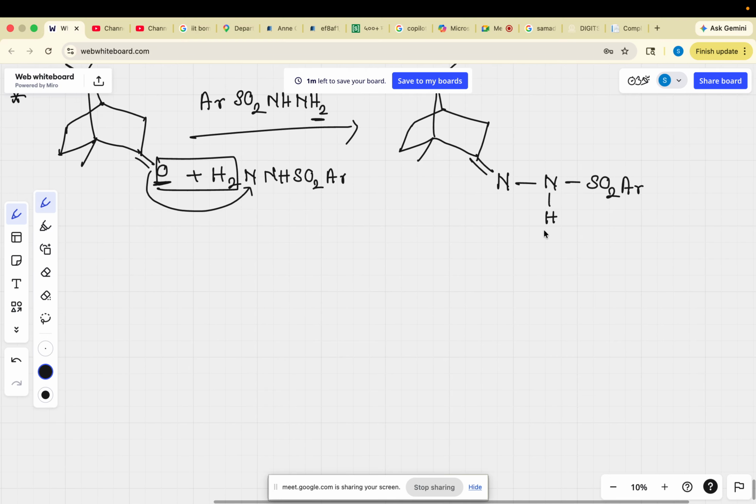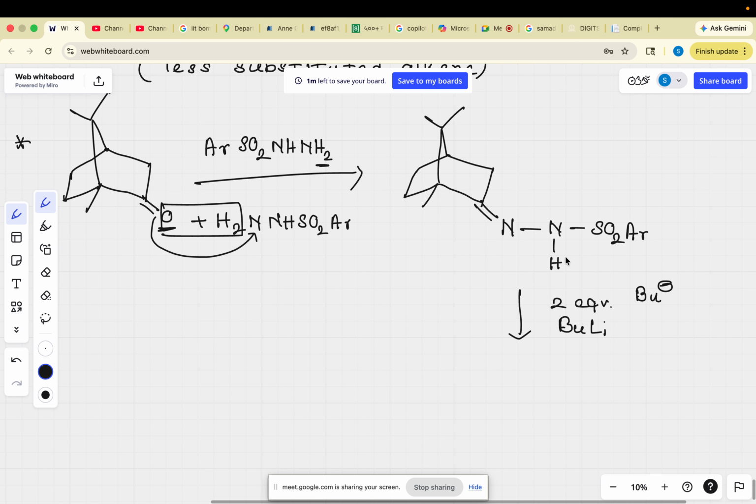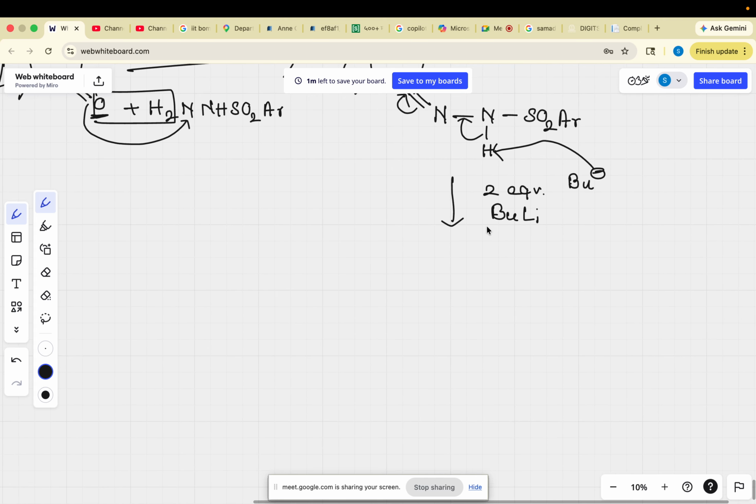This is the thing. Now if you use two equivalents of butyl lithium, what will you get? Initially one equivalent, you are using two equivalents, so one equivalent will abstract. First of all, what is the most acidic proton here? Which one is the most acidic proton? This NH proton. So butyl minus will take this proton, and I am showing it in one step. So that bond will cleave to here, and this bond is in conjugation, so that will also break. So ultimately what you are getting,